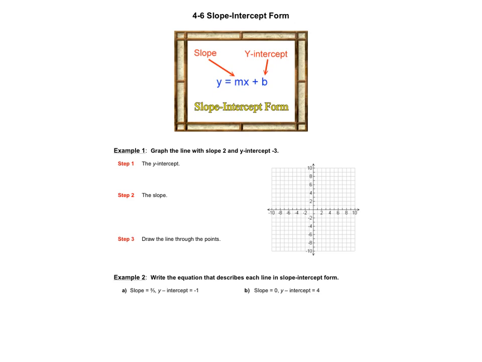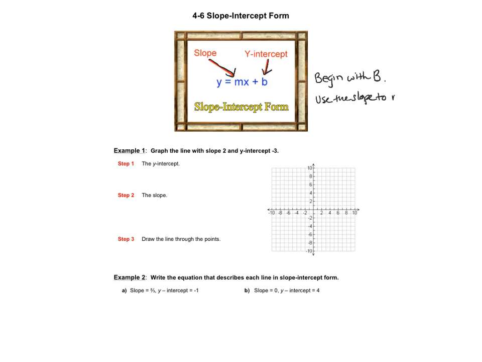This is 4-6, slope-intercept form. Slope-intercept form is y equals mx plus b, where m represents the slope and the y-intercept is the b. When you're graphing, you begin with the b. So you graph that y-intercept first, and then you use the slope